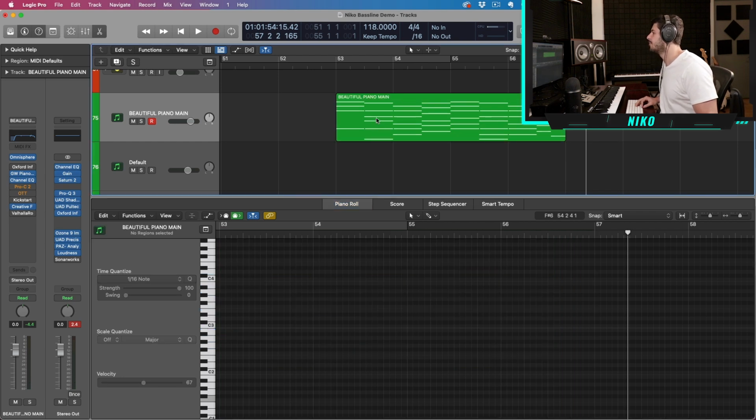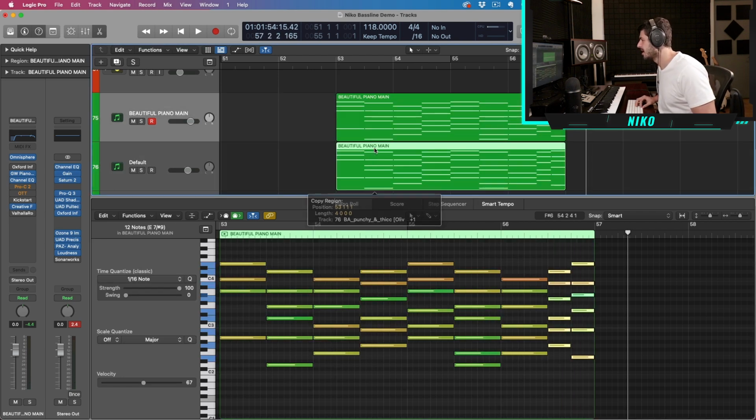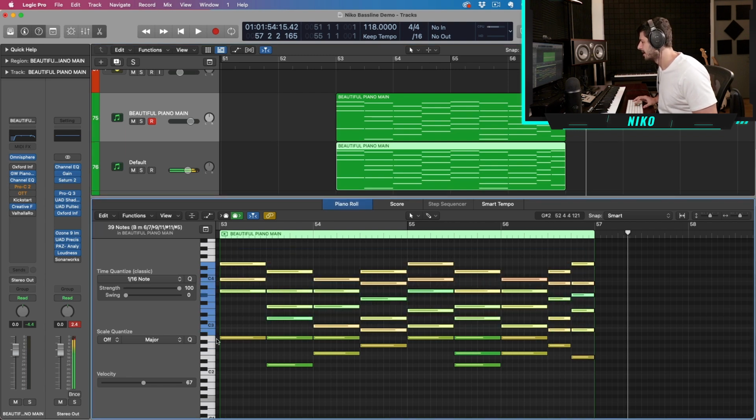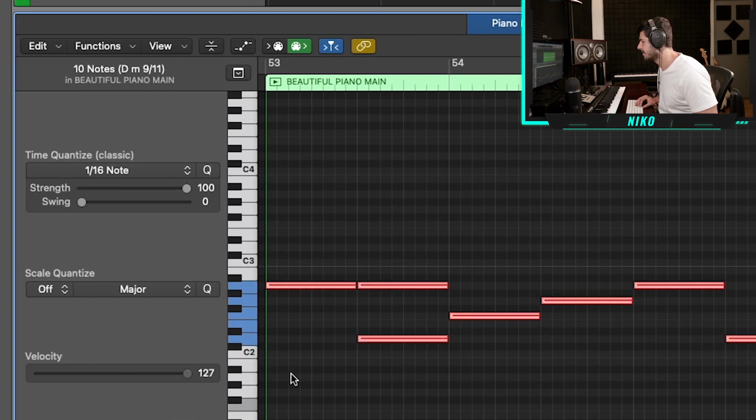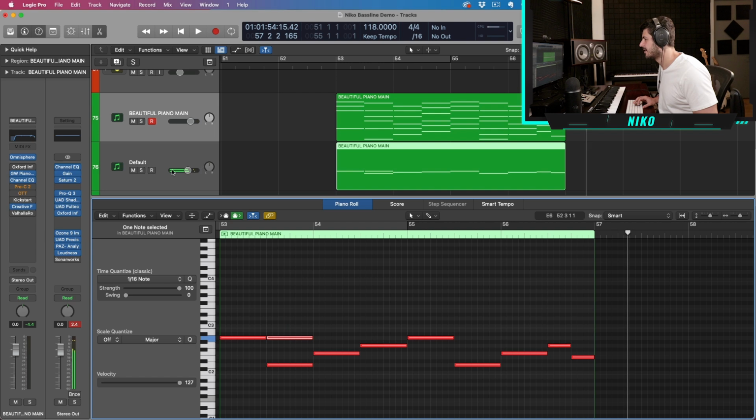The first step, like I said, model it off a great chord progression. I'll bring this down here, and what I'm going to do is delete all the top notes except for the bottom one and make them all the same velocity. So now if you listen,